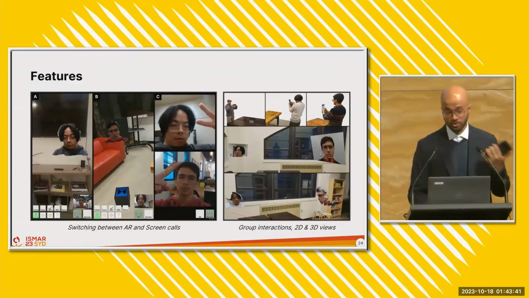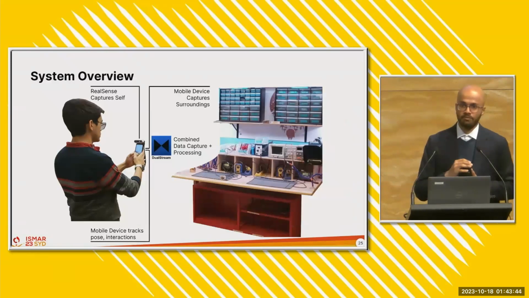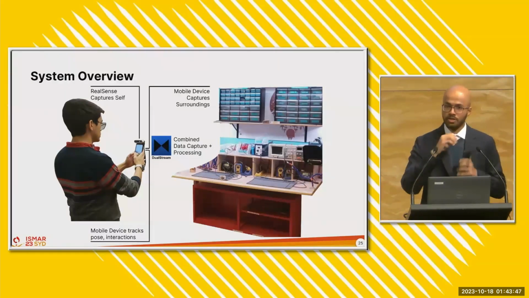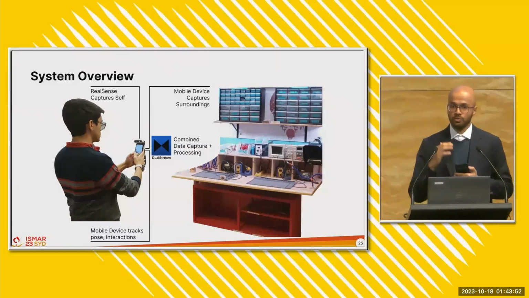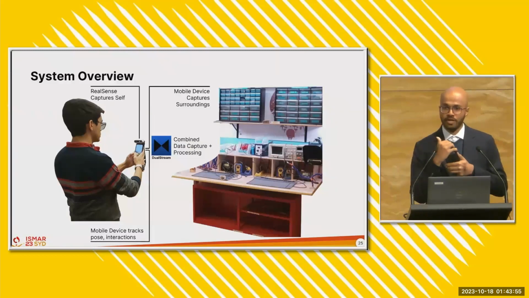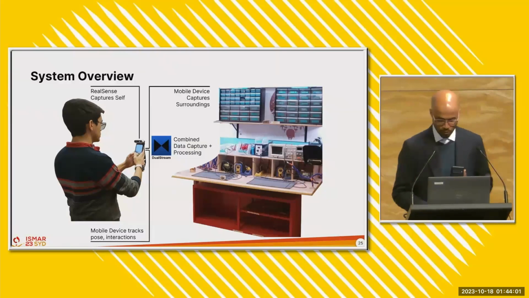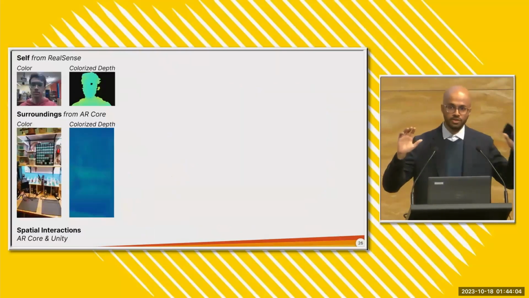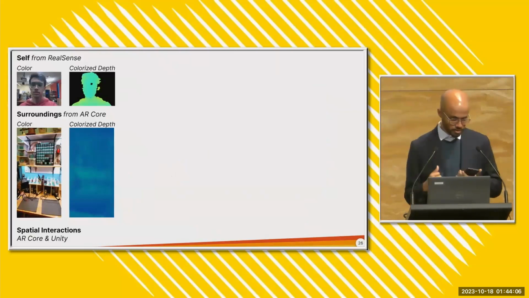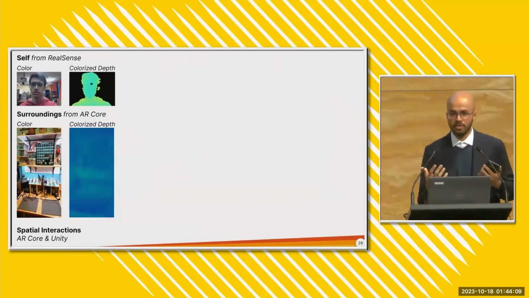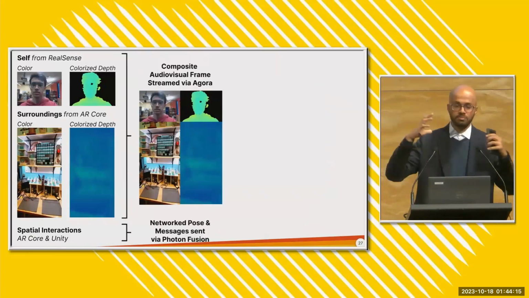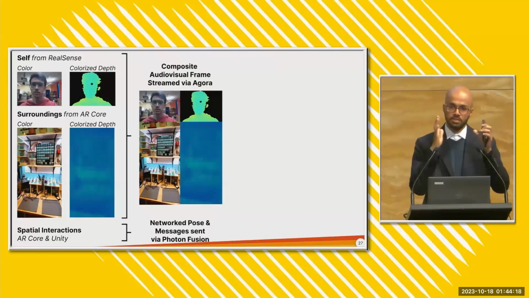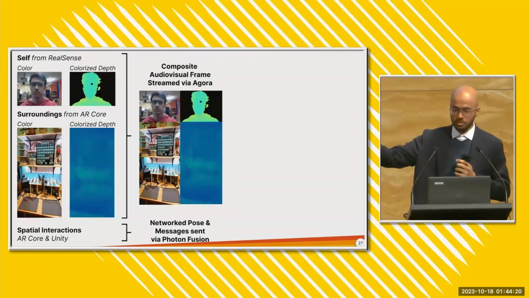So how does all of this work? As I mentioned earlier, we have an external Intel RealSense camera connected to the phone directly via USB, and that captures information about our face. We use the ARCore Depth API on Android devices to capture information about our surroundings. And this is an application built for Android devices using Unity. So we have information about depth and color from both the front and the rear cameras. The depth buffer is converted into a depth image where the color of each pixel represents the depth at that point. We then compress all of those 4 different video streams into one single frame and stream that single video stream over the network.